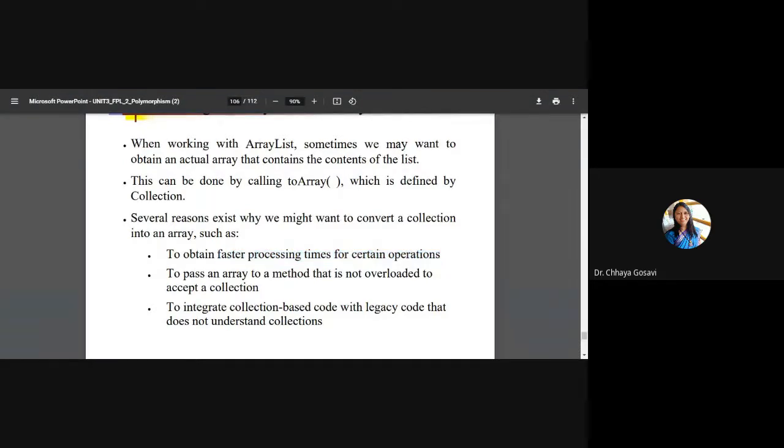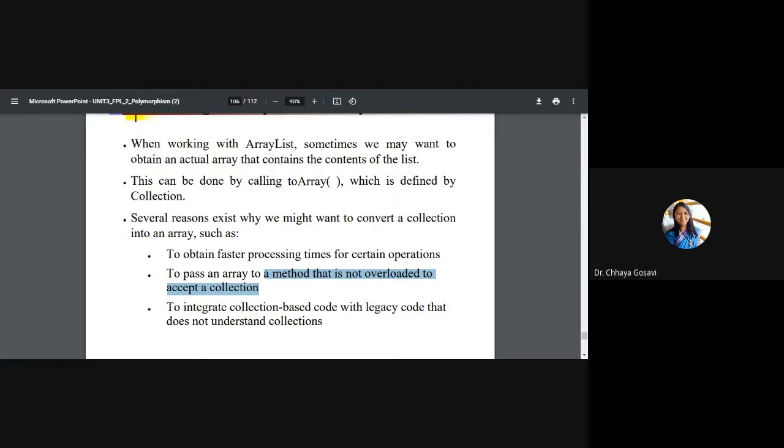Another reason is to pass an array to a method that is not overloaded to accept a collection. Collections, as we have seen, are optional. Not all the classes or other libraries use collection. So if we are using array list and the function or class that we want is not allowing us to pass an array list as a parameter, we need to convert the array list to an array and pass it.